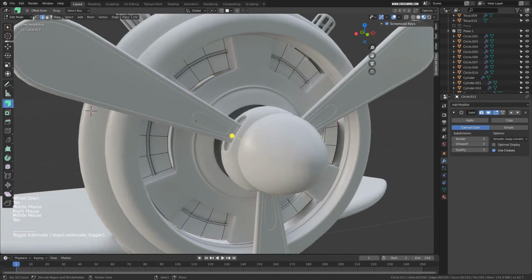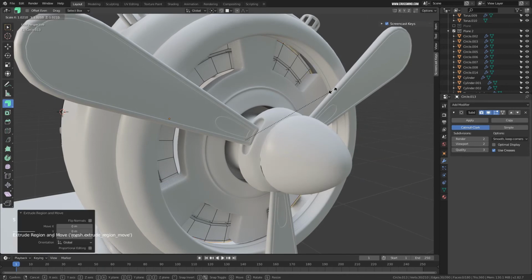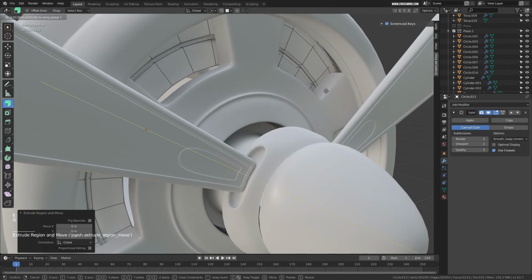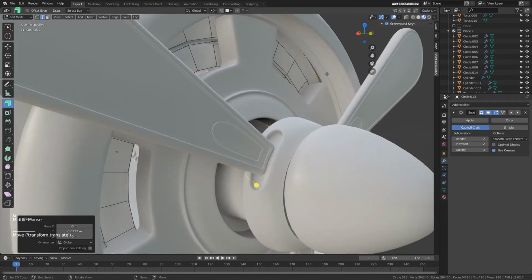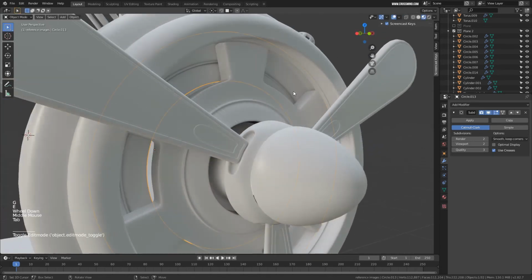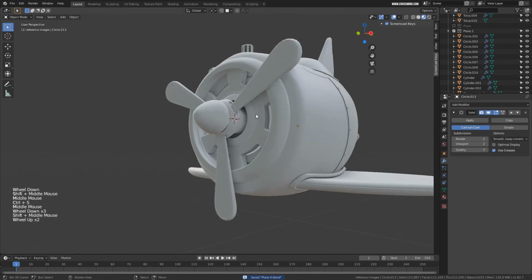Alright, and I can select this edge loop and scale this up with the extrusion and create one more extrusion and move this outside so that this gap is closed. Something like this. Okay,